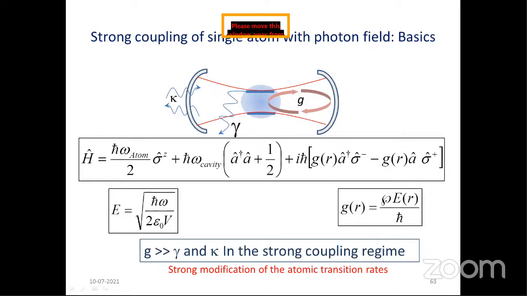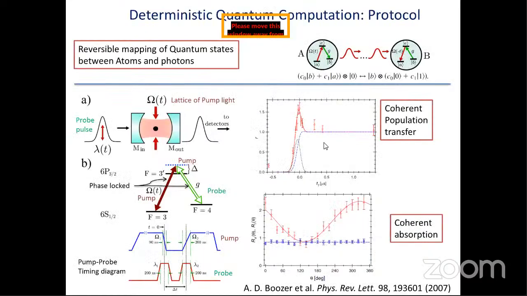When you go to that regime, very interesting things emerge. One of the things is that when the atom de-excites to the ground state, because of the strong coupling, the photon is emitted preferentially only into the cavity mode. And thereby you get a photon which can be coupled out of the cavity, which is basically a directed emission into the cavity mode, which is an essential requirement for transferring the internal quantum information of the atom onto a photon.